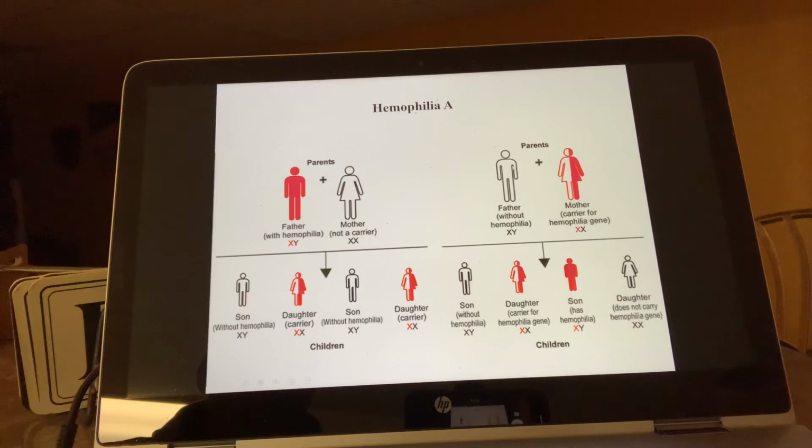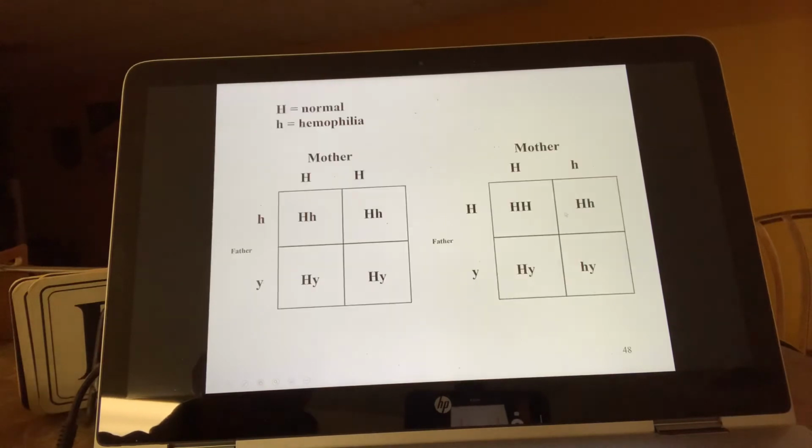Another example shown over here. Here's an example of a father who now has no hemophilia, which means he has a black X and a Y, and the mother is a carrier. So the mother is one of these produced. One of these children basically has children with a normal male. So if we take her now as the mother with a normal allele and an abnormal allele for her two alleles for the sex chromosomes,